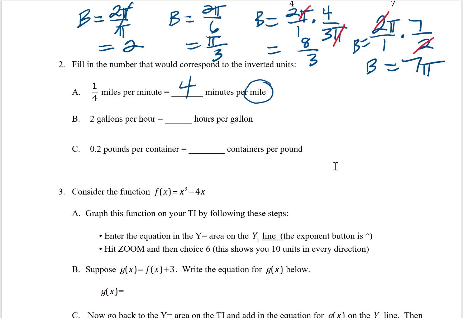Letter B, what if my car used 2 gallons of gas every hour? Well, how many hours would it take to use up 1 gallon of gas? Obviously less than an hour. And again, assuming the same rate, if 2 gallons takes a whole hour, then 1 gallon, of course, would take half an hour. And letter C, let's say I am packaging something and I can put 0.2 pounds in each